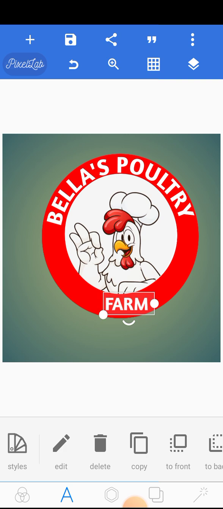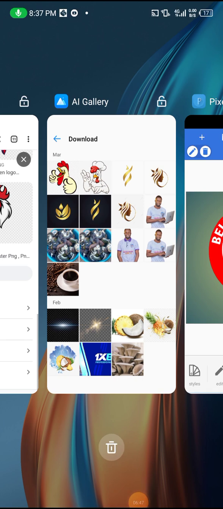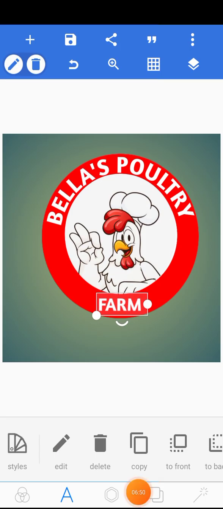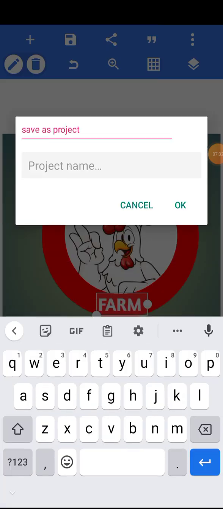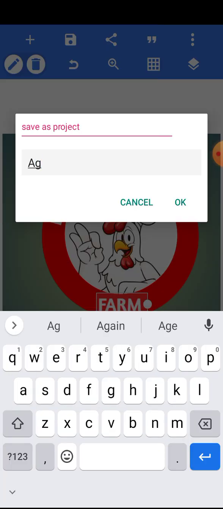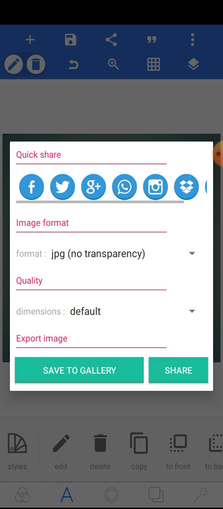That is it. Now when you're done, you have to save the logo. And the best way to save the logo, first of all, click on the disk icon here. We click on the disk icon here each time we want to save. When you click on it, first of all, save as project. Just give it a name so that in case of any corrections you can come back and do. And then you click again on the disk, you take save as image, and then from there